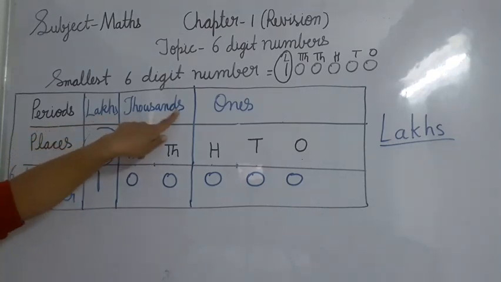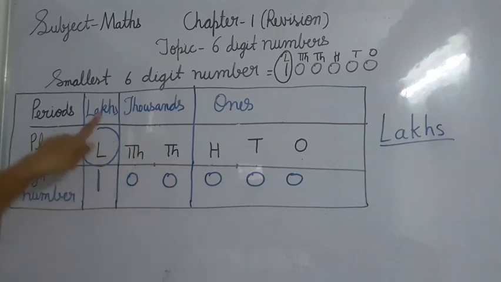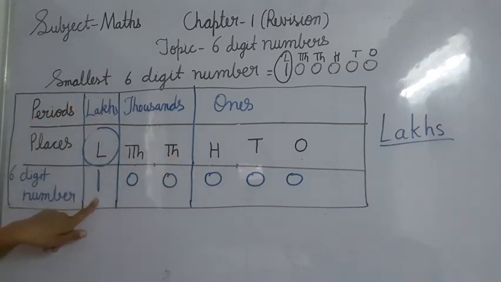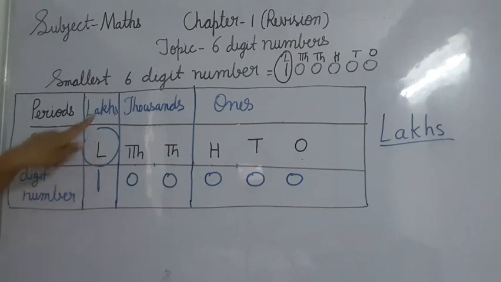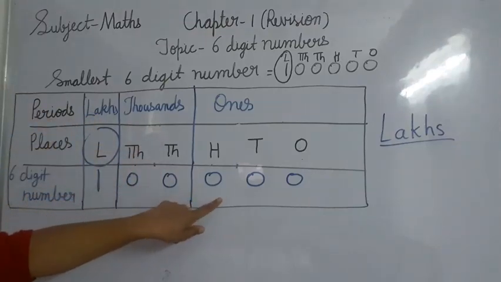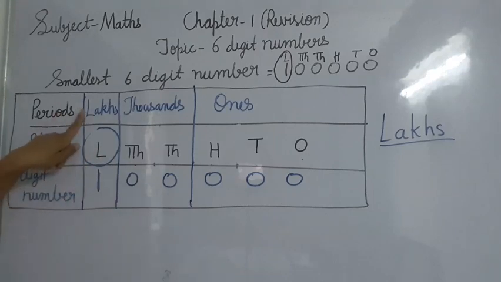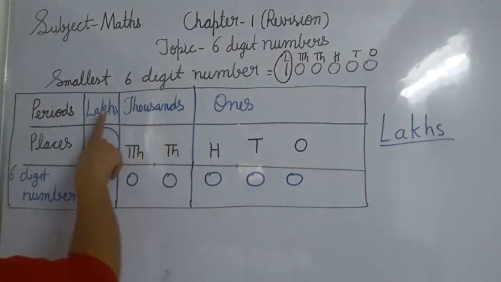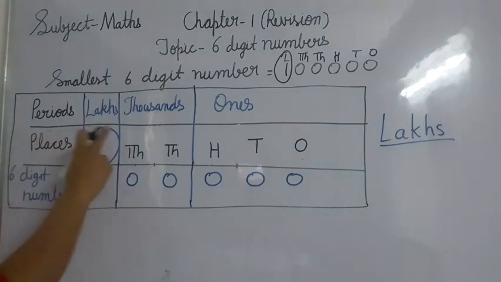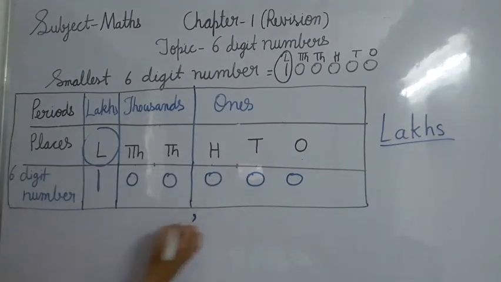Clear? Like in thousands we have 2,000 and 10,000, in lakhs also right now we are learning 6 digit numbers, so we are learning only lakh in the lakhs period. But in future when you learn the 7 digit number, then 10 lakh will also come in the lakh period. Right now in lakhs we have only 1 place. So in a 6 digit number we have 3 periods, ones, thousands and lakhs, and we separate these periods with a comma.